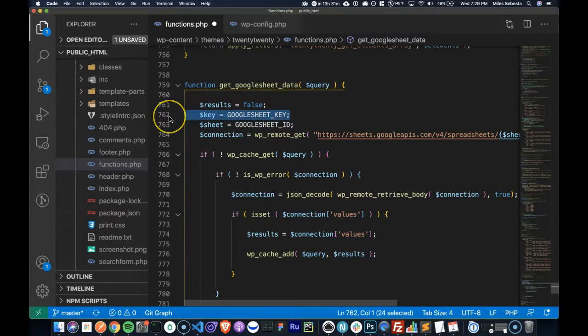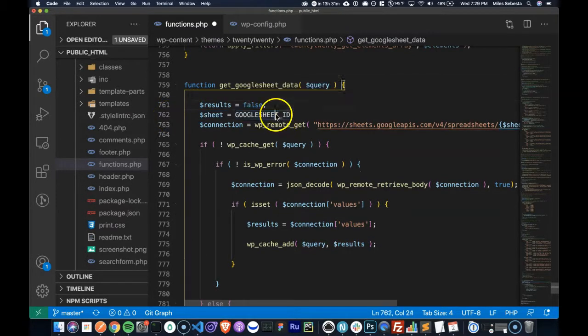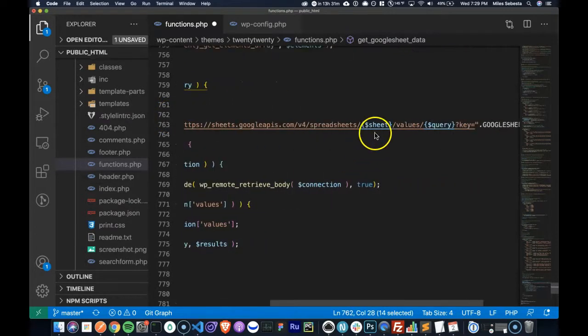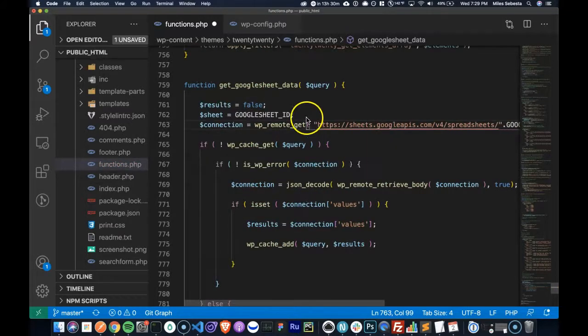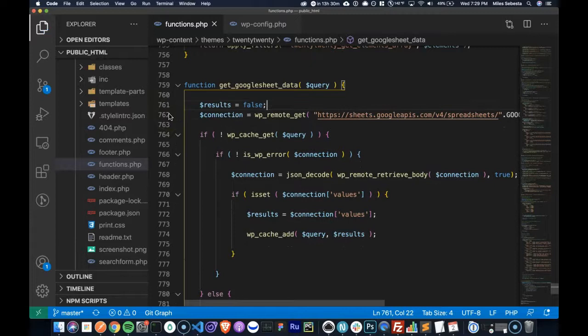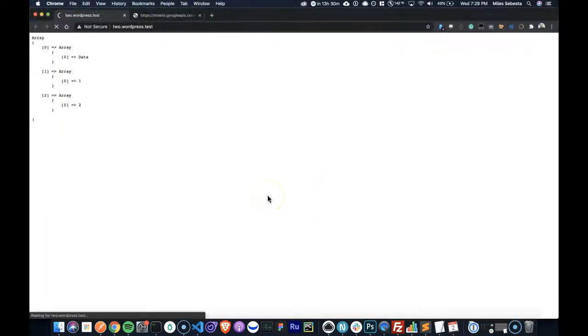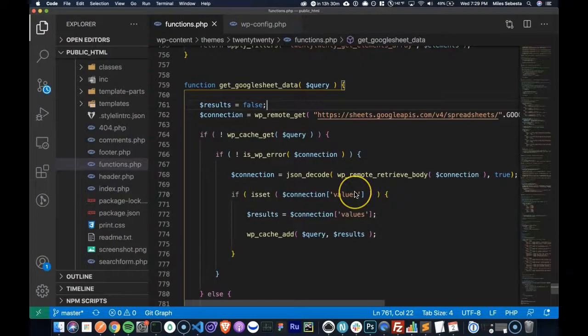Doesn't look as pretty, but I want to make it into one line. So I'm going to say this Google Sheet ID, and I'm going to go concatenate like so. And I'll remove this, and we will refresh this page, and boom, there you go.